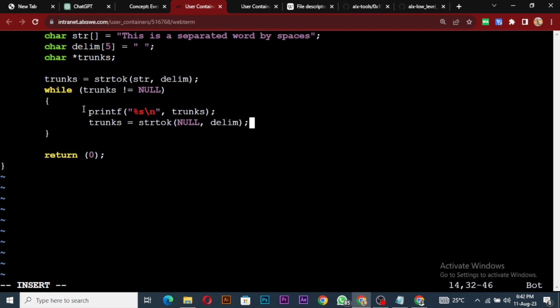So what this guy will do now is that, okay, it's going to print this guy, reset trunk to a string token to go for the next guy. It's going to come here again. Is that trunk equal, is it null? No, so it will come here. It's not equal to null, right? It will come here, and then until it is equal to null, that's when it will escape and then print this. So with that we can do this, and then when we execute this guy,